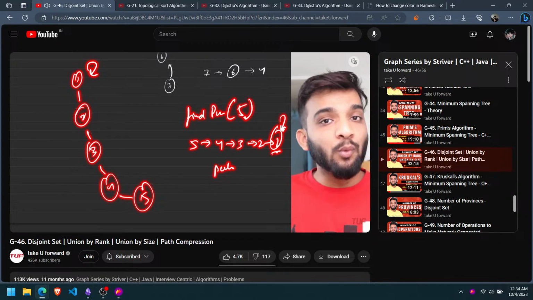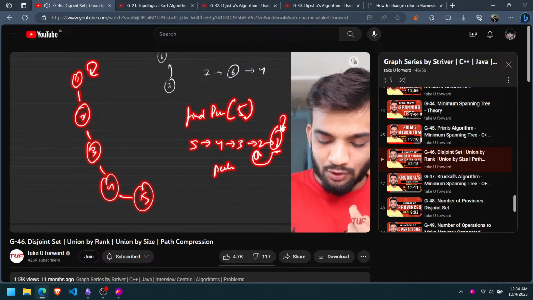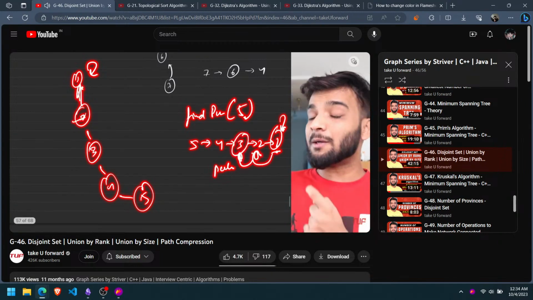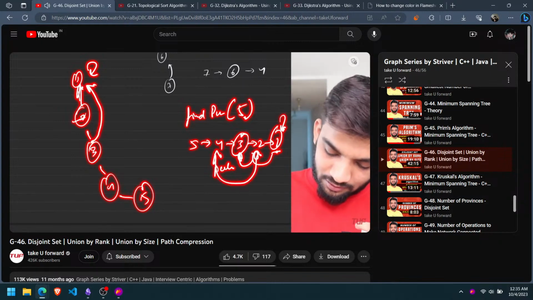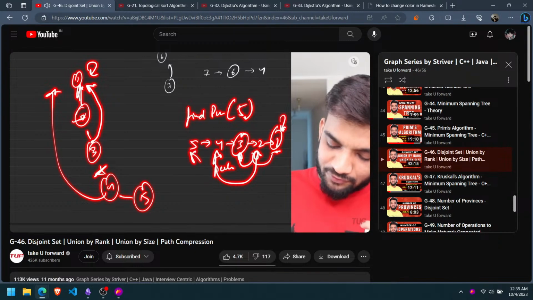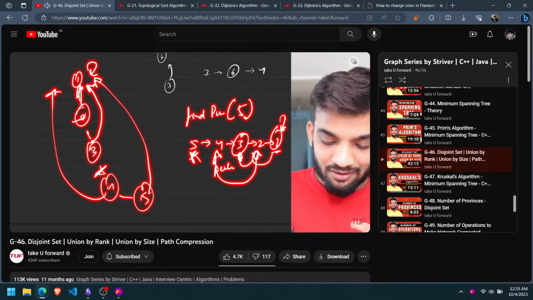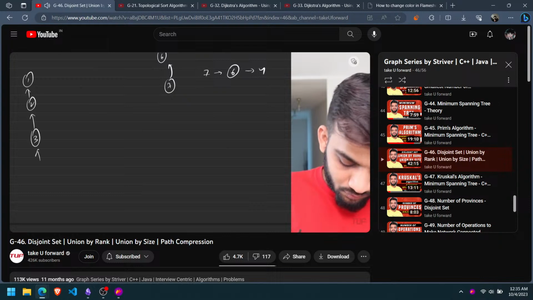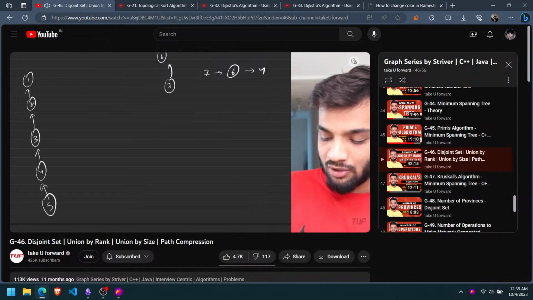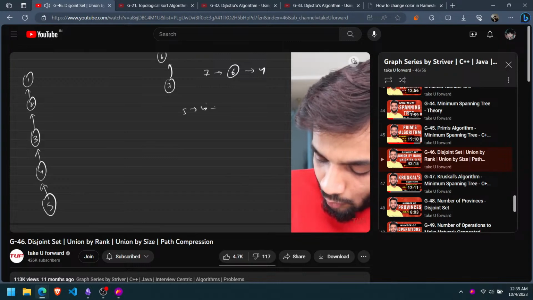I know 1 is the parent. And 1 will be the parent of 2 also. So I'll say 2 is directly connected. 1 will be the ultimate parent of 3 as well. So I'll say 1 will be the ultimate parent of 4 as well. So I'll just remove this and say, and I know 5's ultimate parent will be 1. So apparently, a tree which was something like this, if you do path compression on finding parent of 5, 4,